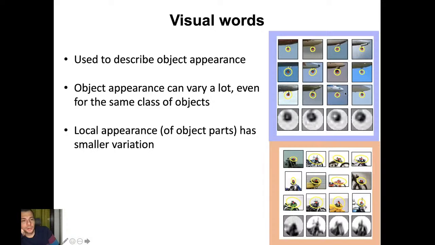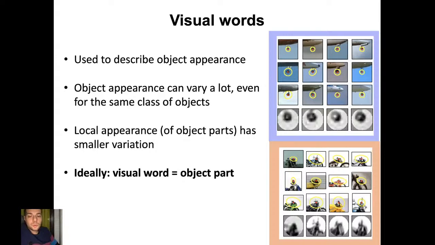So here we see planes with different colors, the nose pointing downwards or upwards, and so on. And also for motorbikes, we see different colors, different shapes, but the bars have less variation than the motorbikes. So ideally we want to model to have visual words to